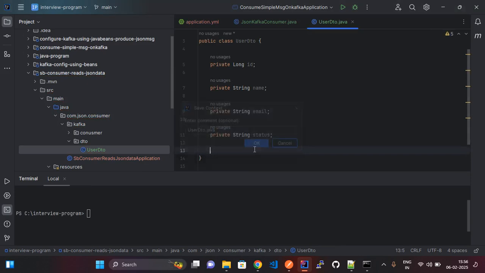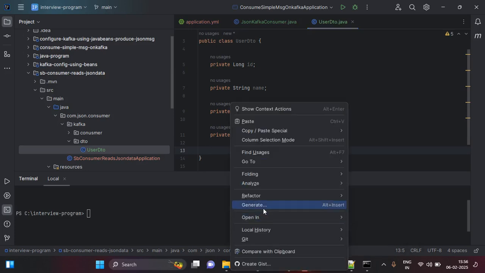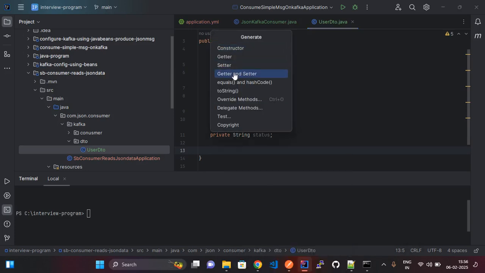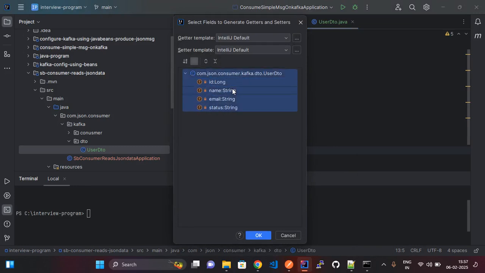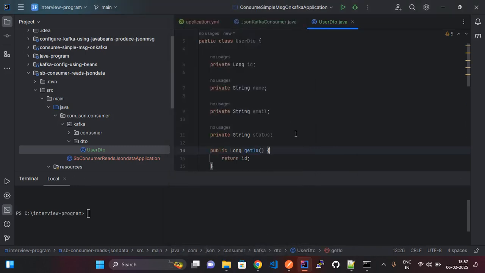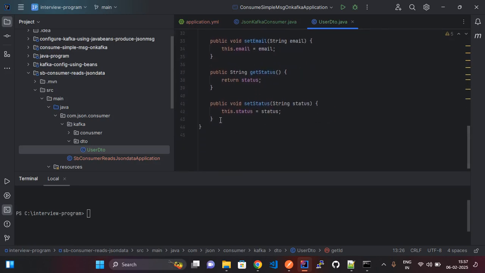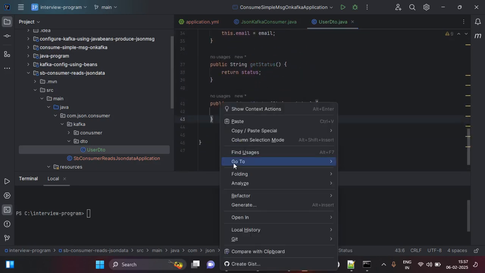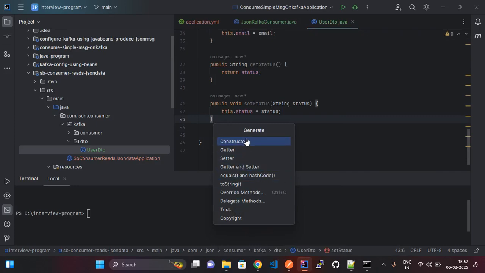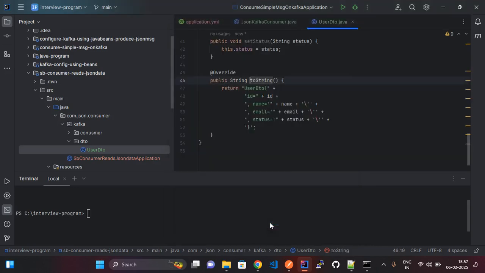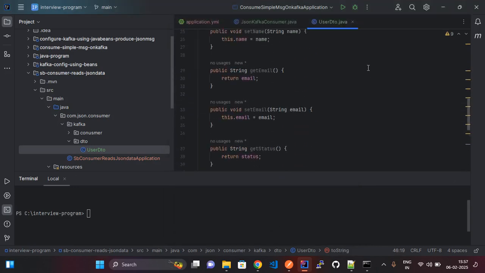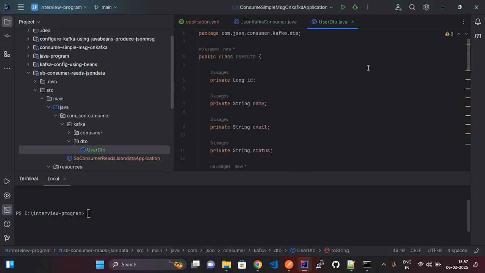So let's generate the setter and getter. So right clicking here, going to generate, generating setter getter, selecting all, also adding the toString method as well. Right click, generate toString, click OK. Now setter getter also generated. Let's go to our